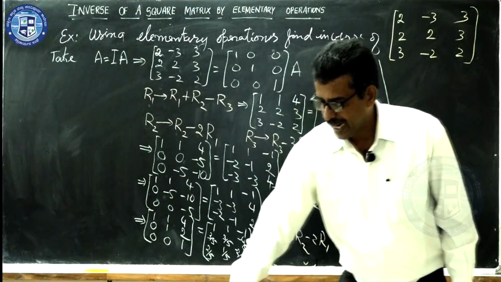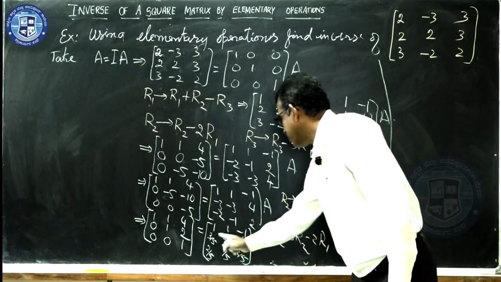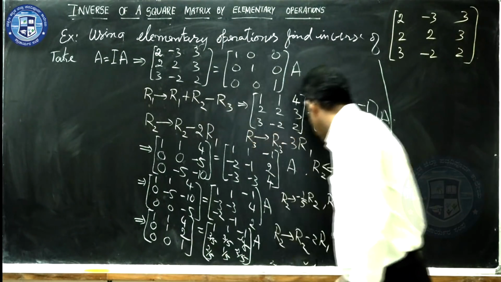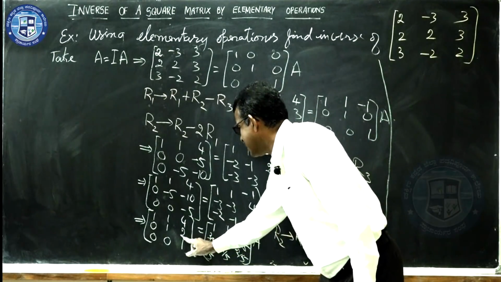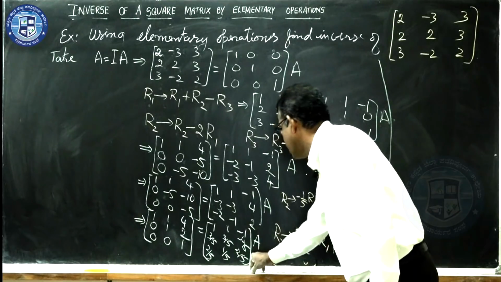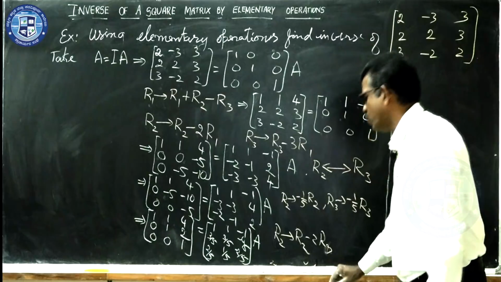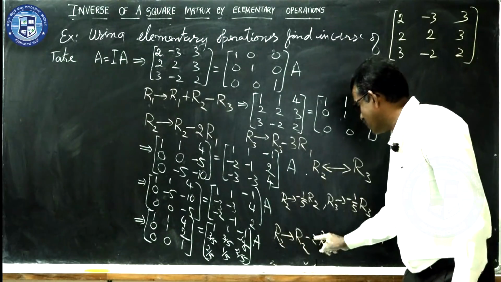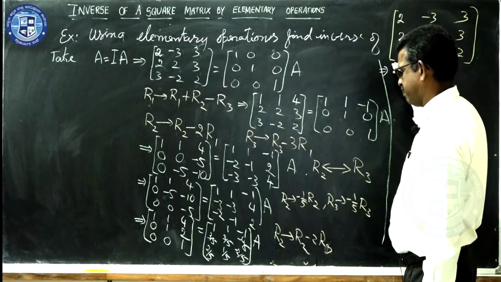So, what do you get on subtracting R2 with the 2 times R1? I did the mistake here. We expect this to be made 0. So, not R1, it is 2 times R3. I did the mistake here. It is 2 times R3. R1, sorry, R2 minus 2 times R3. Just check here. What do you expect?